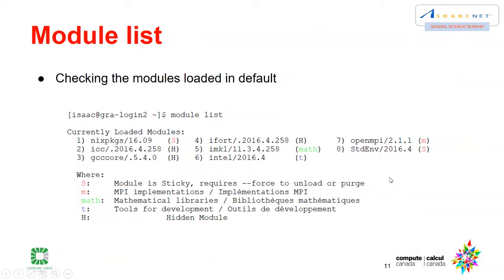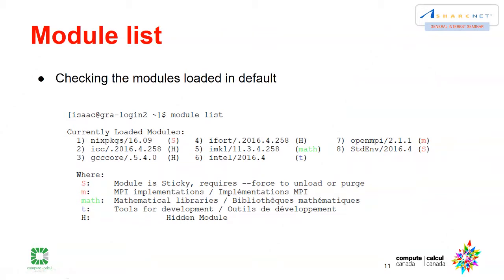And here is some explanation about the tags. S means the module is sticky. Sticky means actually permanent. We're going to learn about the module purge command. Even though you try to purge all the modules, these sticky labeled modules are not going to unload. So sticky means permanent. And M means MPI implementation, which means you need this one for the MPI or message